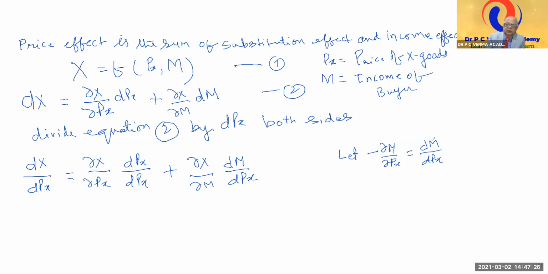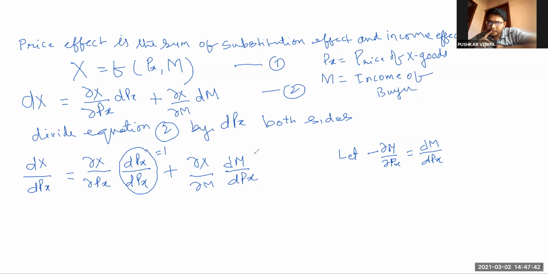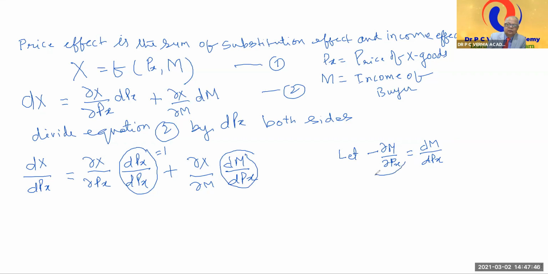ये जंक्शन है, इतना बराबर इतना. तो अब यहाँ गौर से देखिए, ये वाला क्या हो जाएगा? 1. और ये वाला क्या हो जाएगा? सेम है ना? डीएम बाई डीपीएक्स है ना यहाँ। अब उसका वैल्यू इतना होता है, इसको हटा माइनस के लिख देंगे, इसको 1 होगा, वो गायब हो जाएगा। तो टोटल डिफरेंशियल हो गया प्राइस इफेक्ट, डीएक्स बाई डीपीएक्स। लेकिन ब्रेक करेंगे तो हो जाएगा सब्स्टिट्यूशन इफेक्ट, डेल एक्स बाई डेल पी एक्स।